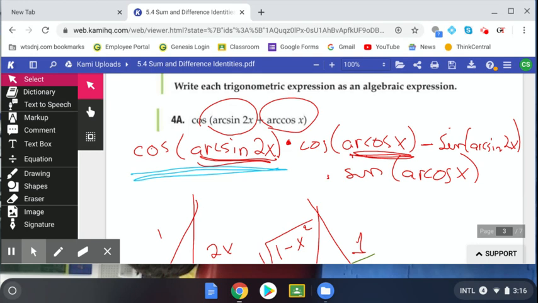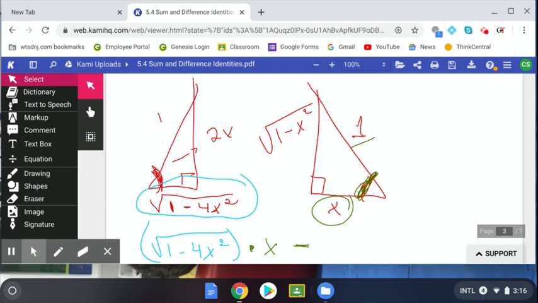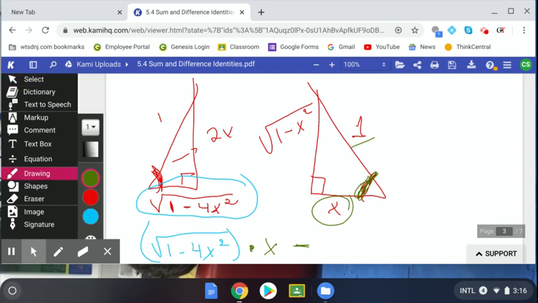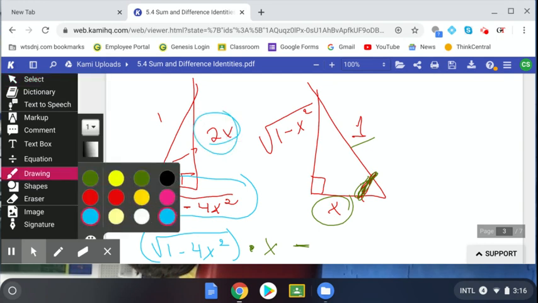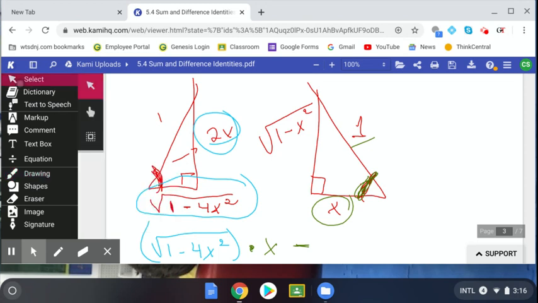So sine of arc sine 2x would actually be 2x, because now we're talking about this one, opposite over hypotenuse. So 2x